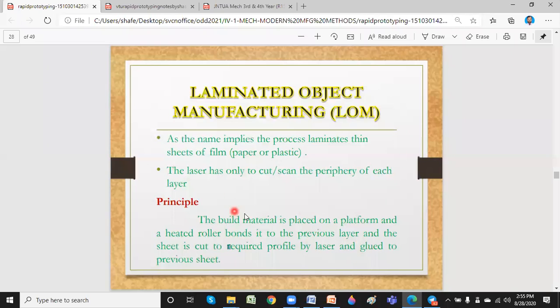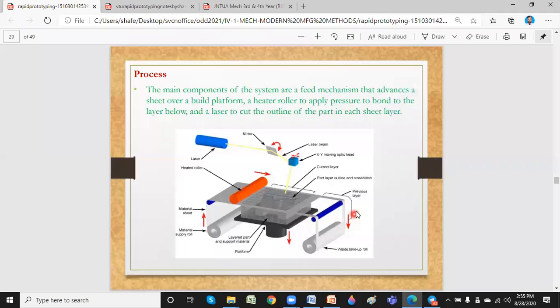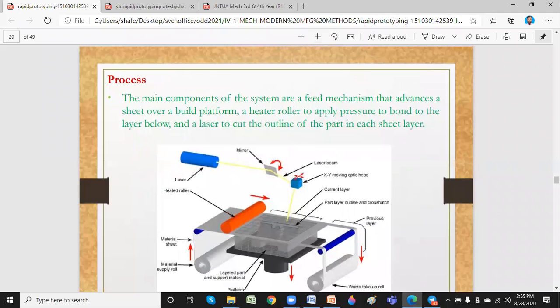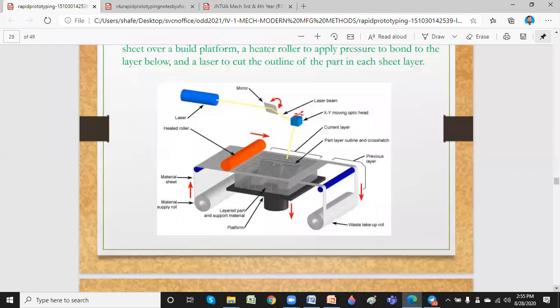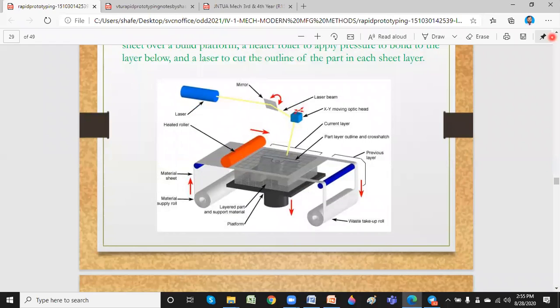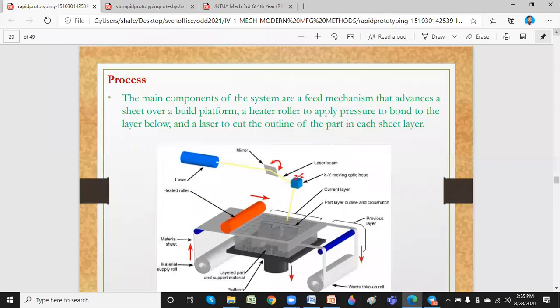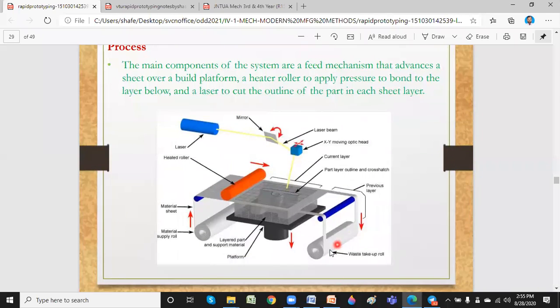So this is the arrangement. I'll show you in the next slide the basic arrangement. Let me just take this. I think you're able to see a bigger one here. Now see the main components. This is the roll which sends the material, and this is called a heated roller, the orange one.